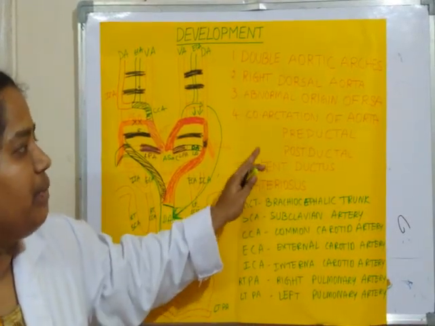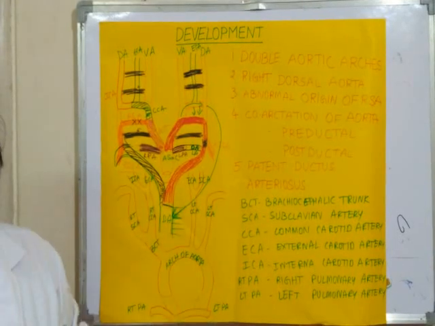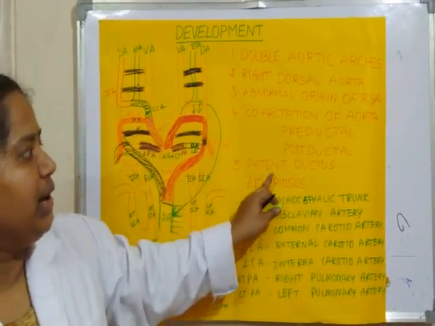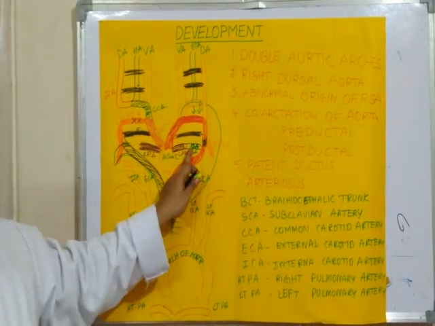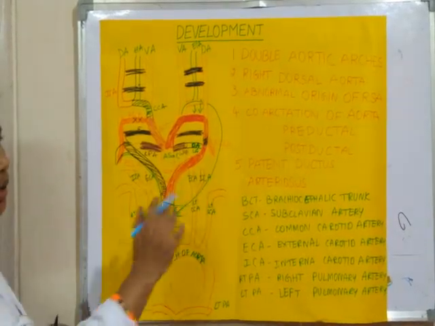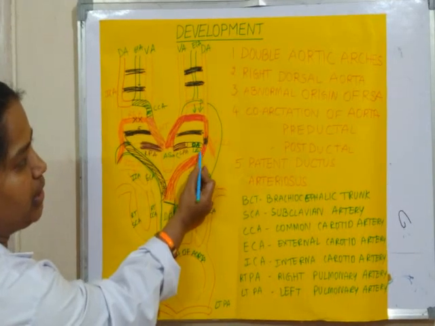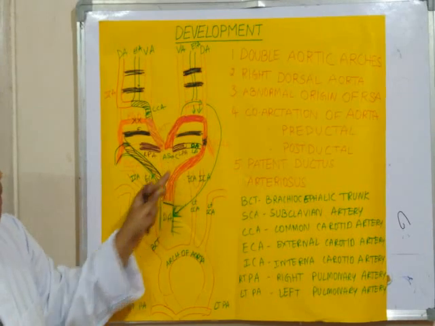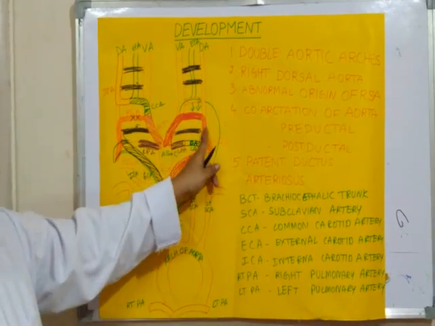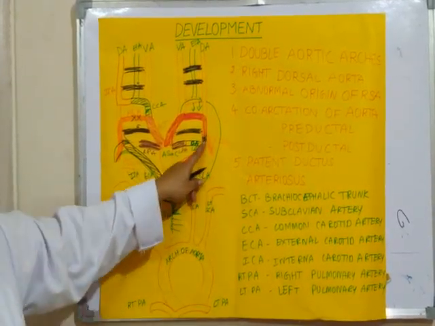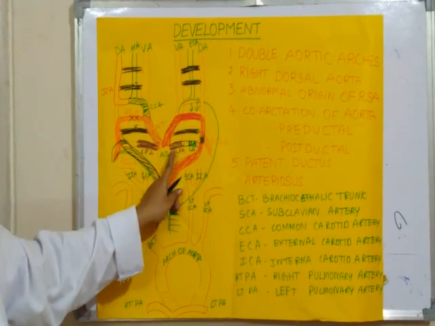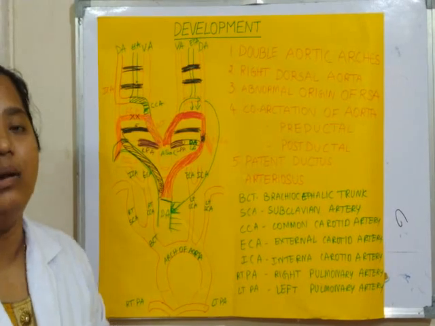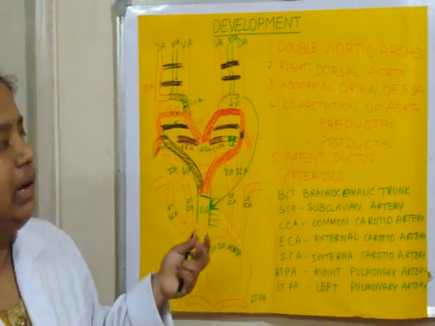But sometimes this doesn't occur and there will be continuous flow of blood through the ductus arteriosus, that is called patent ductus arteriosus. At that time, without the presence of stricture, that is postductal coarctation of aorta also, blood flows both through the arch of aorta as well as through the ductus arteriosus into the left pulmonary trunk. So when this is present, usually it is associated with tetralogy of